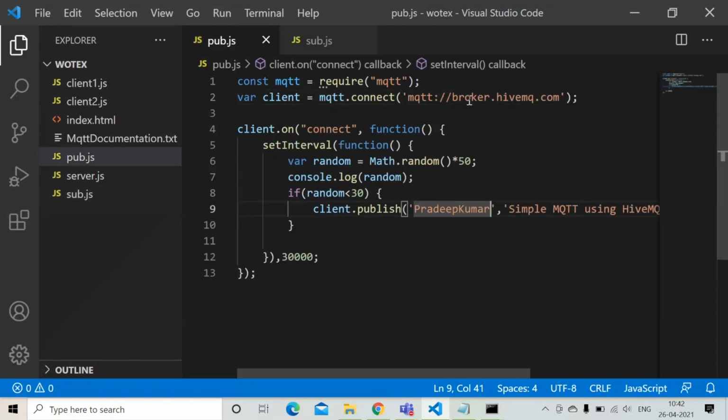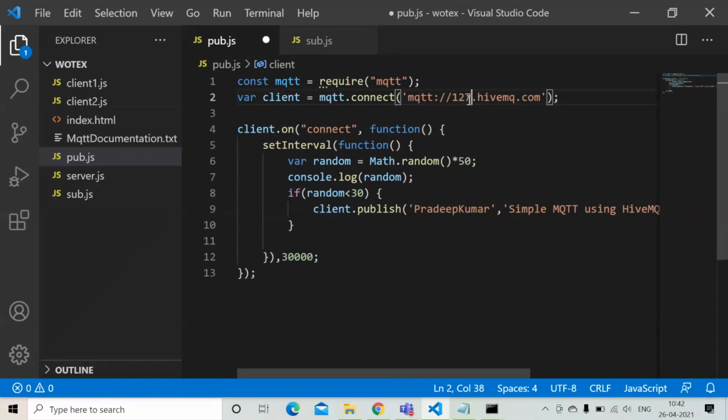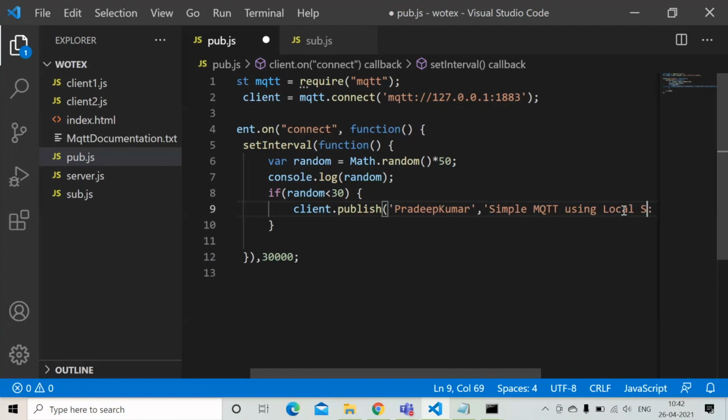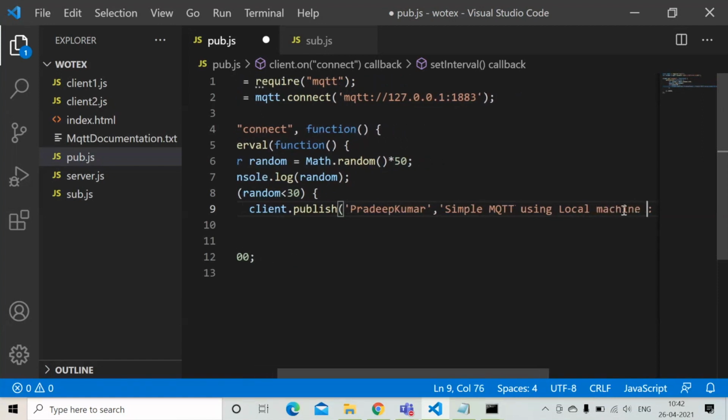Similarly for the publisher, I use 127.0.0.1 colon 1883, and the message is simple MQTT using local machine. Give a name called local machine here.